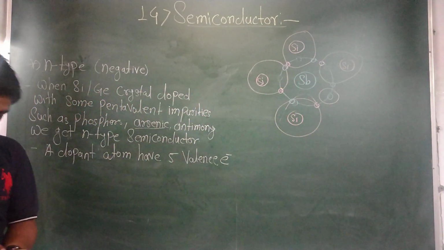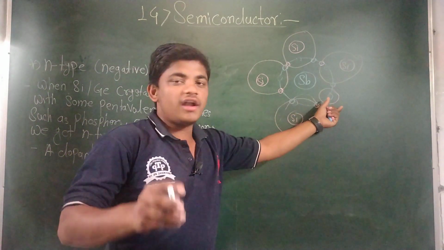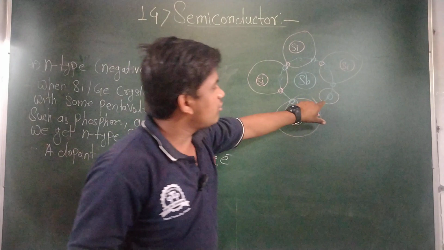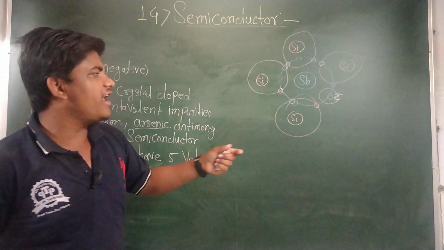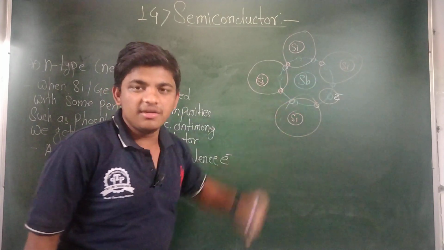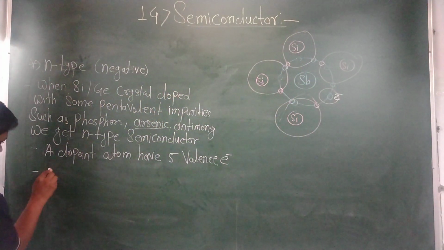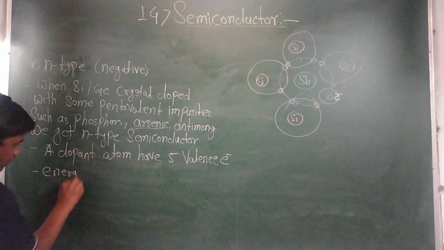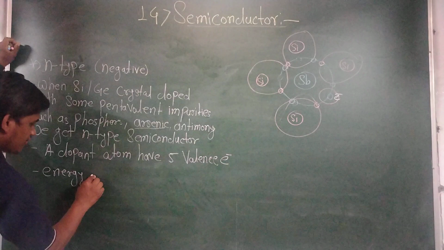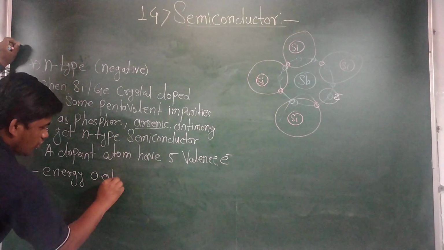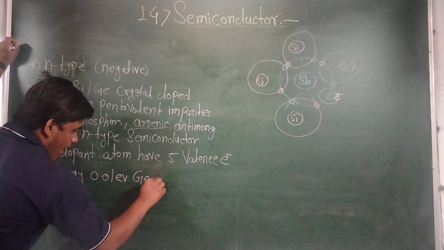The energy of that particular electron, the 9th electron, will be weakly bonded with its parent antimony atom. The energy of that particular electron is 0.01 electron volt for germanium and